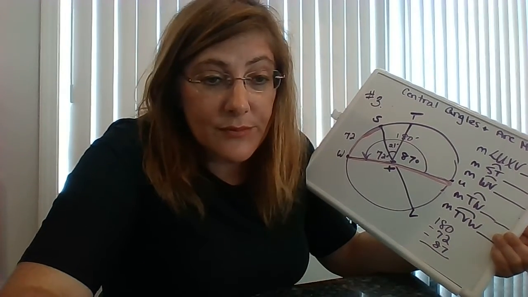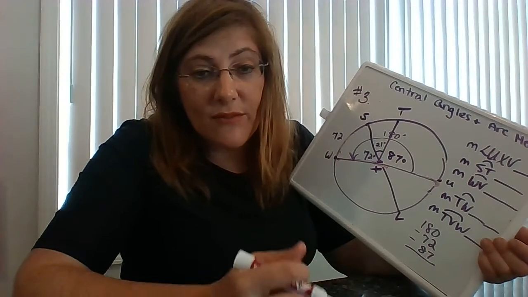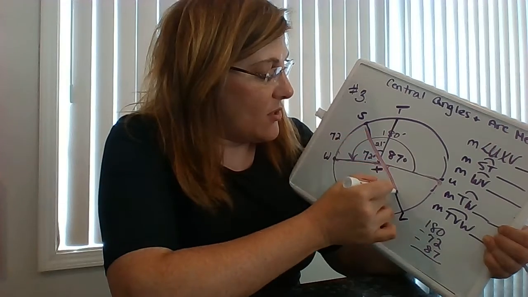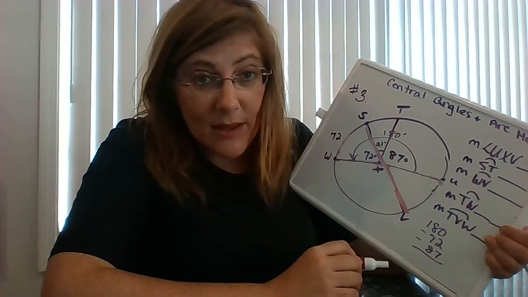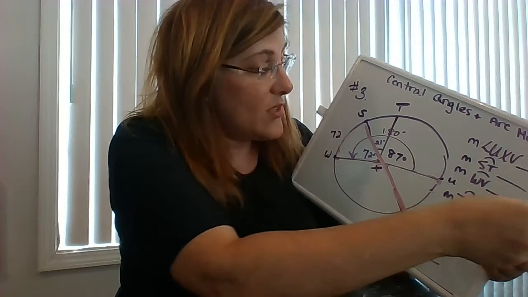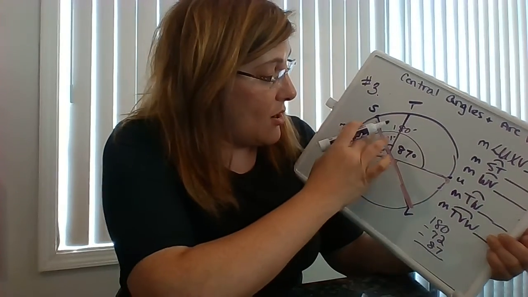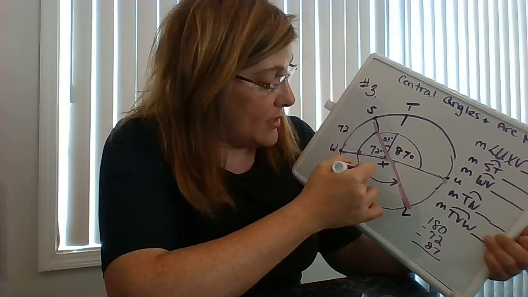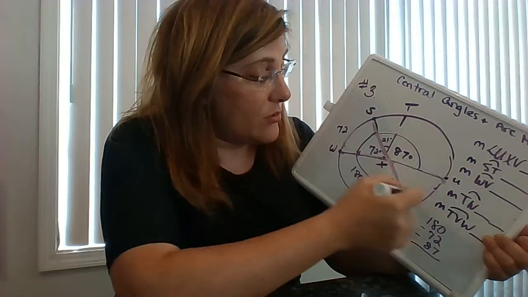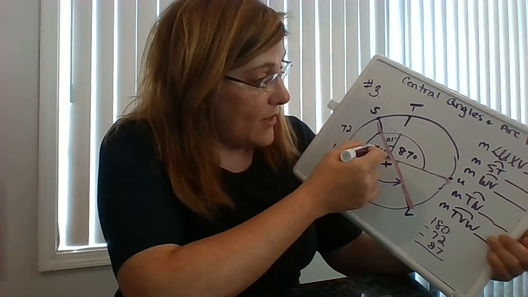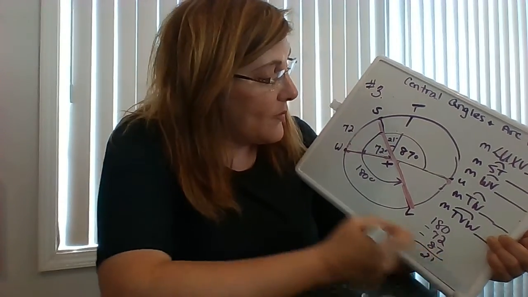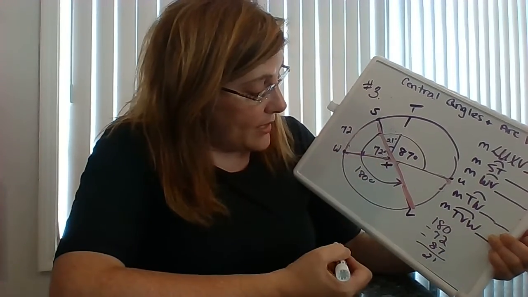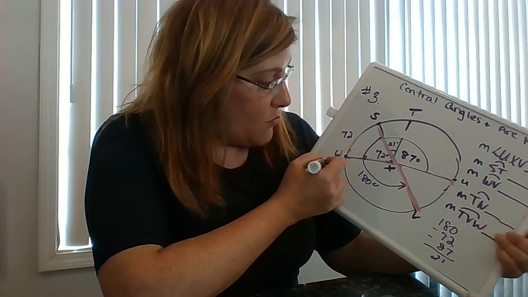Now, what we also have to recognize about our picture is that this is a diameter. So there are 2 diameters shown in this picture. So since that's a diameter, we know that this piece is 180 degrees because it breaks our circle into 2 semicircles. So to find out what x is down here, central angle WXV, what we have to do is 180